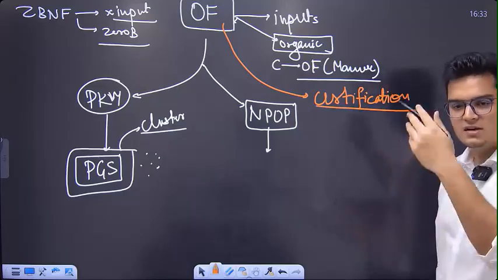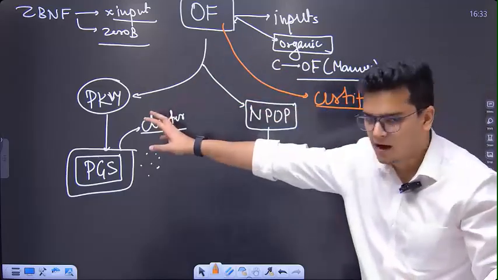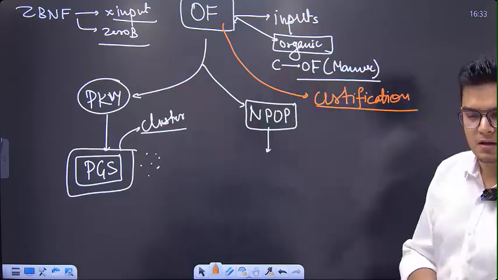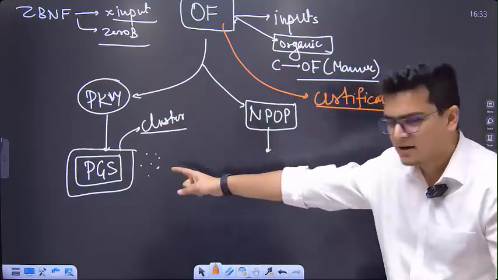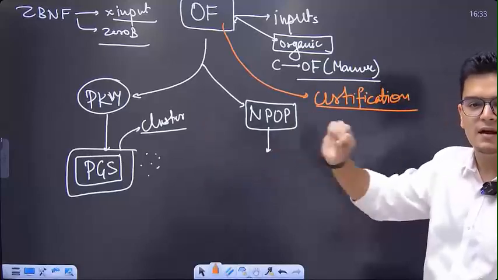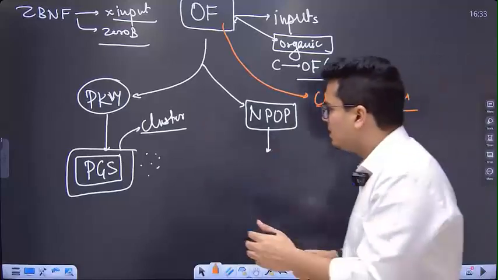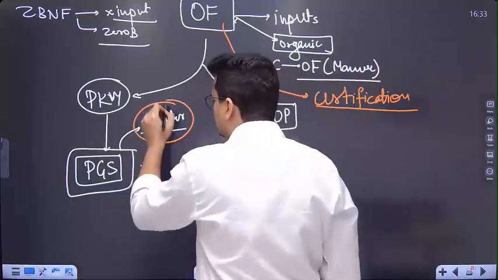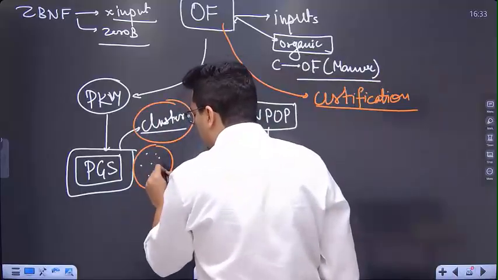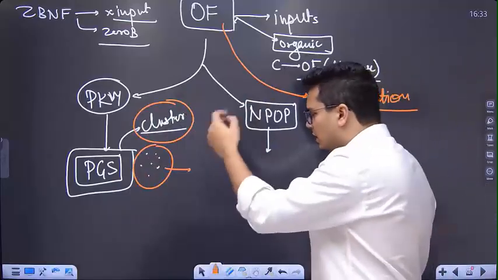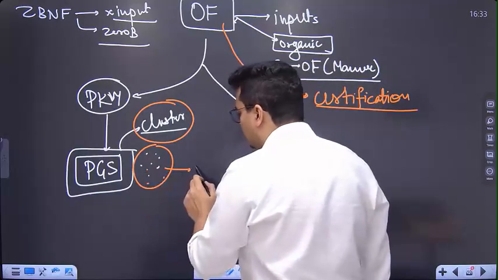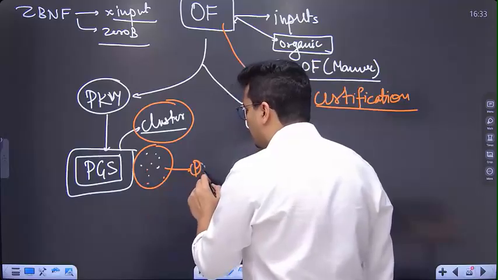How will you certify that this particular farm is an organic farm? There are 2 approaches now. The first one is the participatory guarantee scheme. In participatory guarantee scheme, what does the government say? That in a cluster-based approach, various farmers will come together, and they can together tell the government that we are doing organic production,